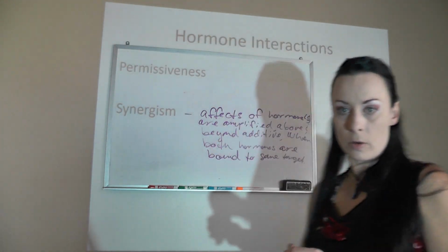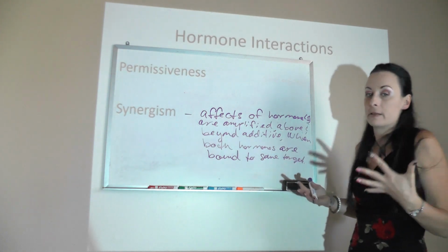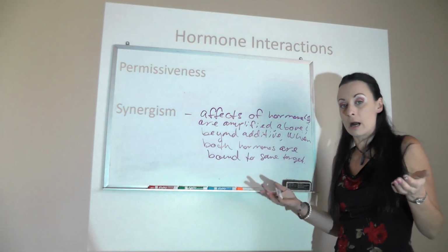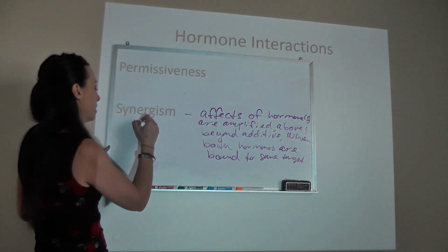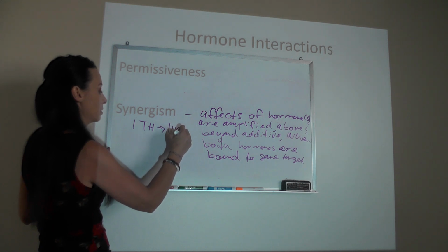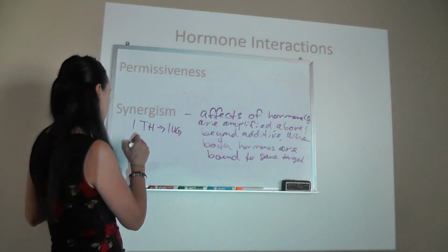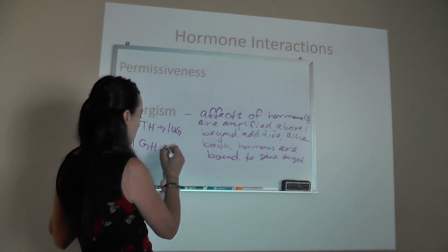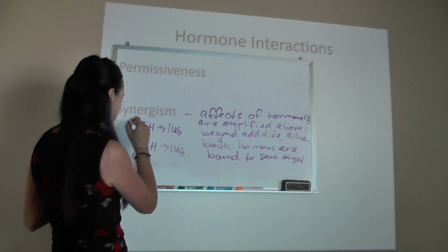Well, thyroid hormone, we will see, increases metabolism in cells. So it just kind of enhances anything that's going on. So growth hormone increases growth. So when kids are developing, they have high levels of growth hormone. But let's just say 1 unit of thyroid hormone usually causes 1 unit of growth. So on its own, if thyroid hormone is bound to a target, it would cause 1 unit of growth. And let's just say that 1 unit of growth hormone, all on its own, would usually cause 1 unit of growth. So, all right, well, what happens when both